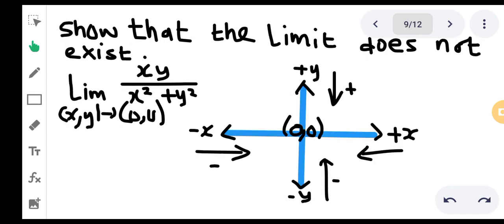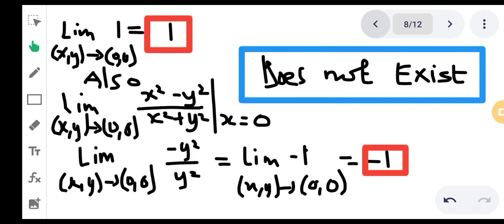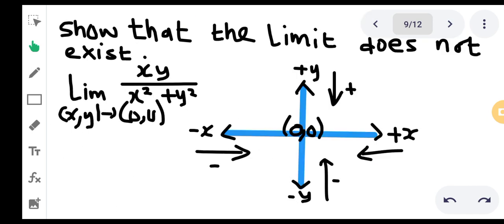So with this question, the question says we show that the limit does not exist. So the limit of xy over x squared plus y squared as (x, y) approaches (0, 0). Okay, so we have a point (0, 0), and we can approach that point from the x coordinate and from the y coordinate. But let's see, when we approach the point from the x coordinate and also from the y coordinate, if the values are the same, it means